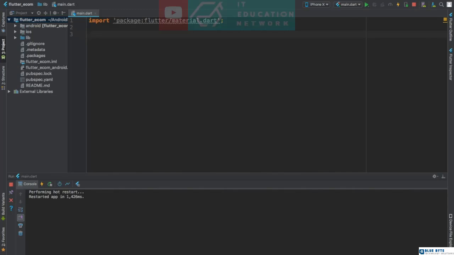We need to use that set of instructions of material design on Flutter, or the set of guidelines. Okay, after you import this, we're going to write void main. And if you're coming from backgrounds like C or Dart programming, you already know that the main function is like the mother function. That's where the program will start the execution, right? Inside of here, you write runApp,